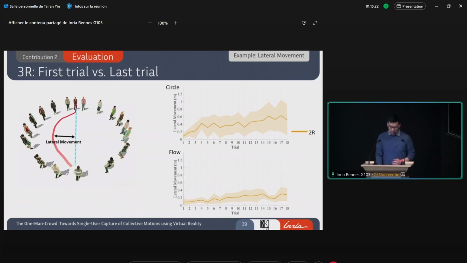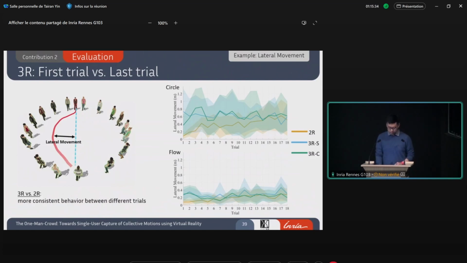In the 3R conditions, the pedestrians' behavior is somewhat similar between the first trial and the last trial, showing the consistency of the user's behavior. This basically indicates that we can validate the effect of our 3R conditions.